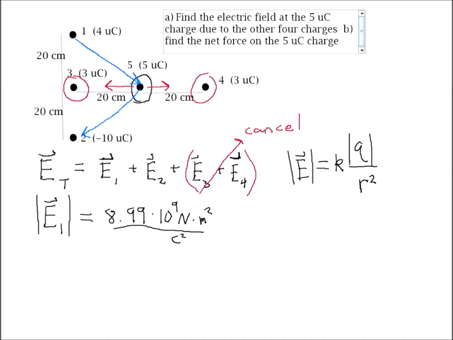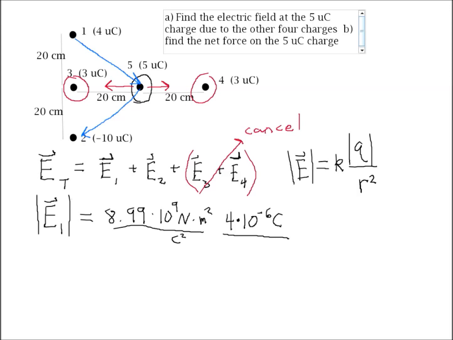It's 4 microcoulombs. Now I need to convert that to coulombs, so that's going to be 4 times 10 to the minus 6 coulombs. And then we need to divide by the distance between charge 1 and